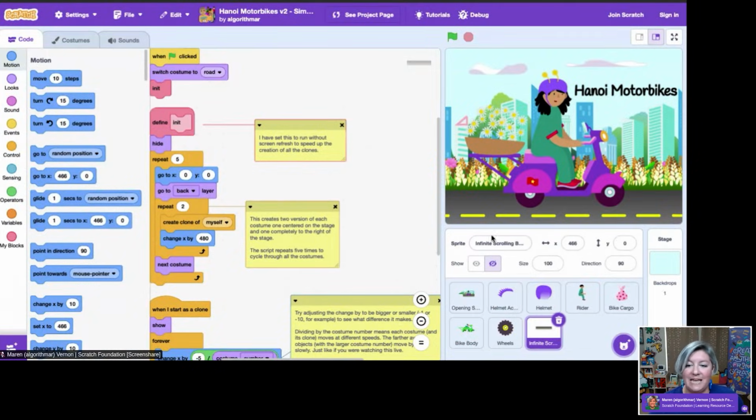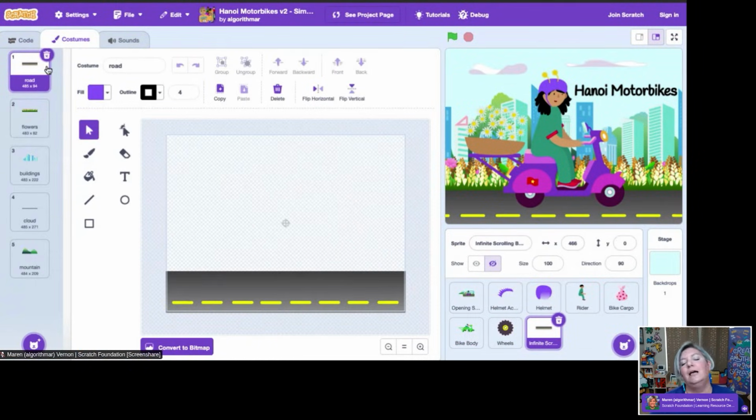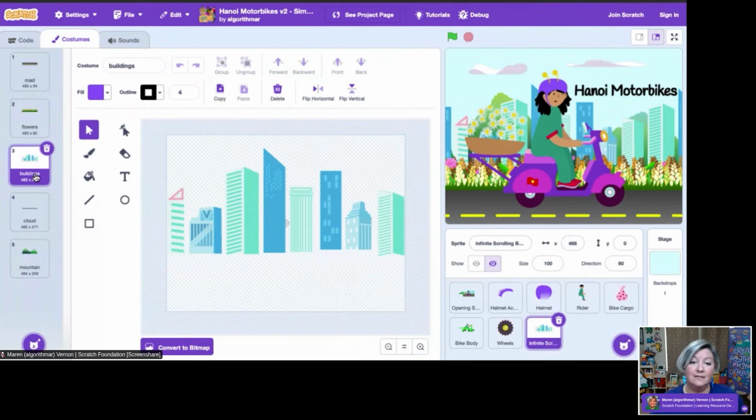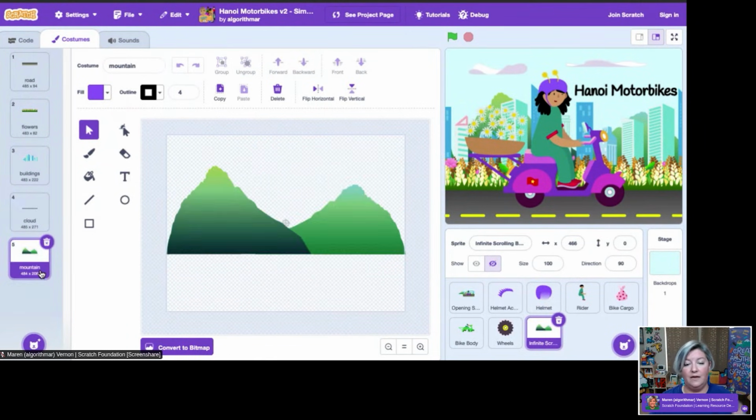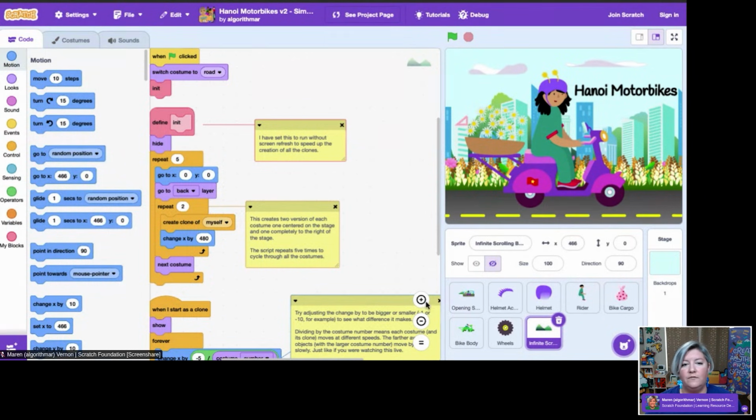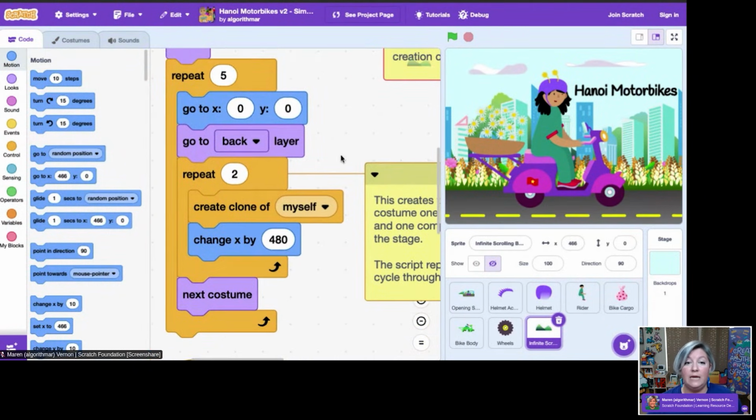But as you can see in my infinite scroll sprite here, I have the pavement, the flowers, the buildings, the clouds, and the mountains in the background. So in my code here, first I'm having it repeat through all the costumes in this set, make a clone of yourself.